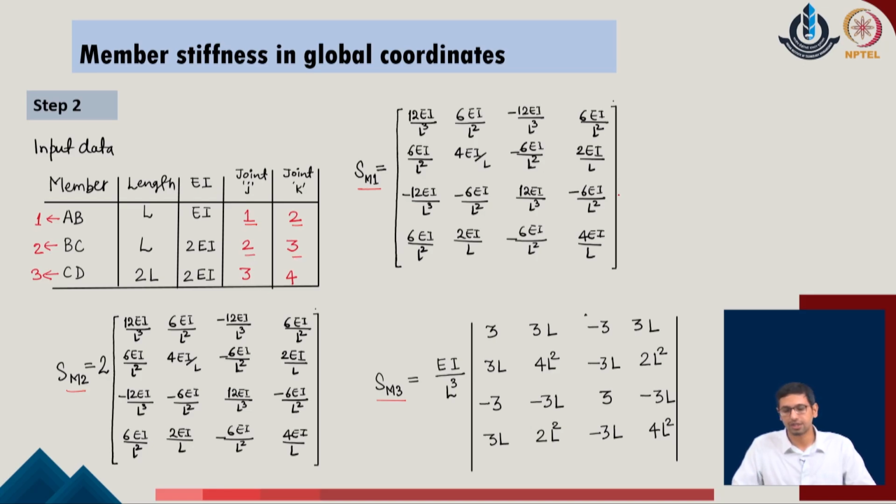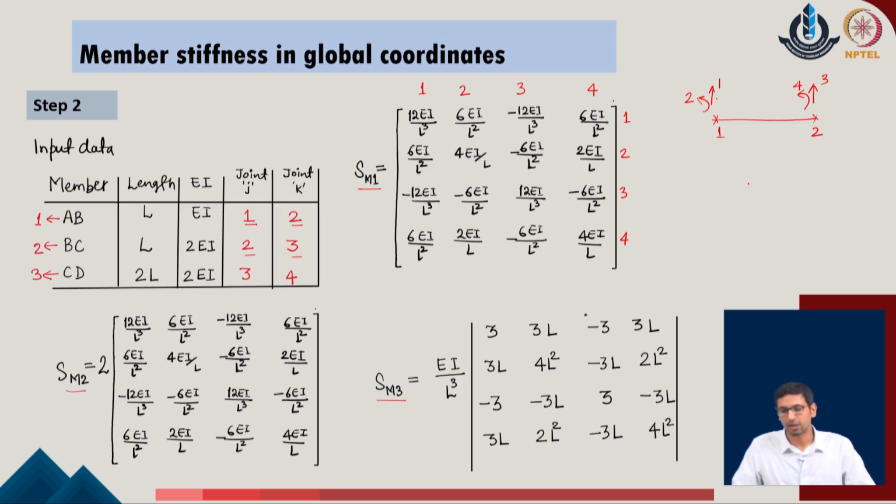So, we will also locate these individual stiffness contributions with respect to the global degrees of freedom to which they are going to contribute. When I look at member 1, I realize that it is connected to joints 1 and 2 of the given problem, and so it is going to contribute to degrees of freedom 1, 2, 3 and 4 in the given system. So, I will now say that SM1, which has been identified, is going to go to the overall or global stiffness matrix in the position of rows and columns 1, 2, 3, 4 and 1, 2, 3, 4.